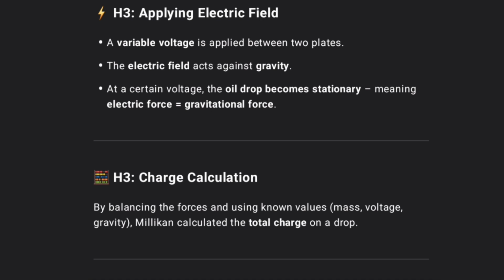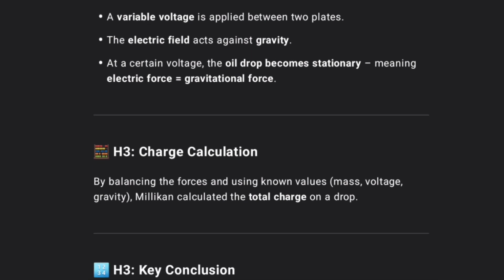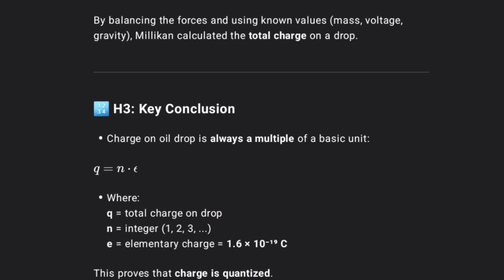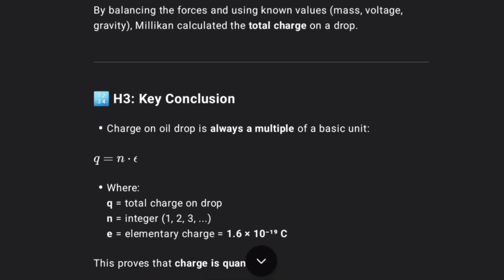Charge calculation: by balancing the forces and using known values, mass, voltage, and gravity, Millikan calculated the total charge on a drop. Key conclusion: the charge on an oil drop is always a multiple of a basic unit, Q equals n times e,